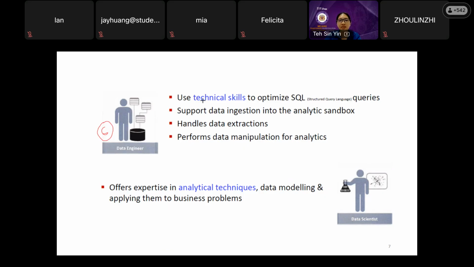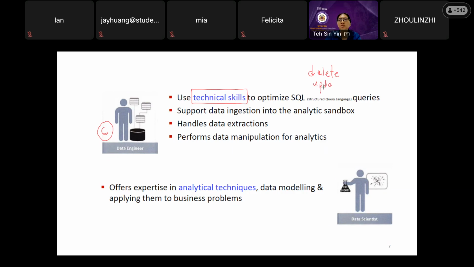You can see this data engineer heavily depends on technical skill. You have to know how to optimize SQL. SQL means structured query language. How to optimize the SQL queries. So what is this? Does that mean programming? It is not programming, it is not coding. SQL is for something like, for example, you use some simple keywords like delete. Okay, if you use a function or keyword like delete, this is one of the queries. Okay, delete. So this is also an SQL keyword, or maybe you use something like update.